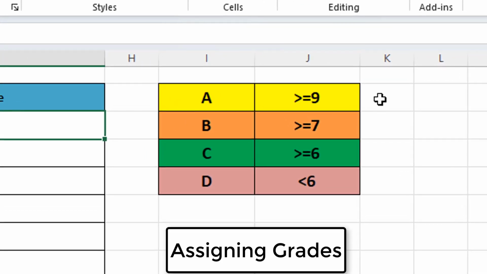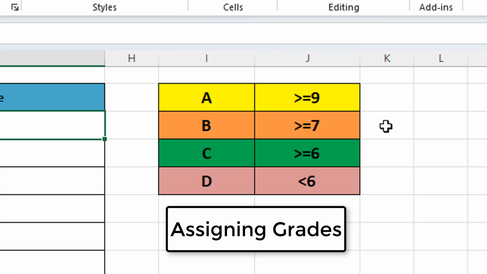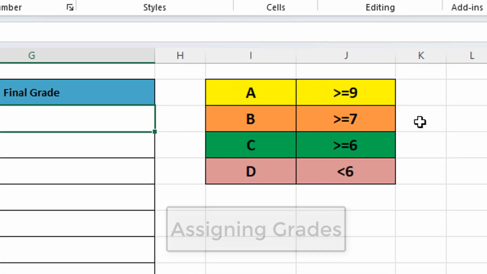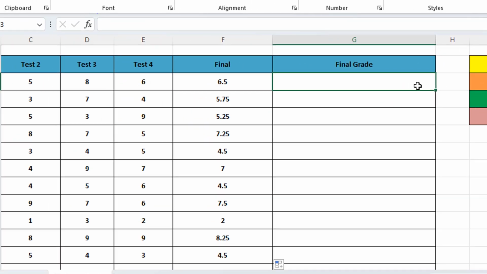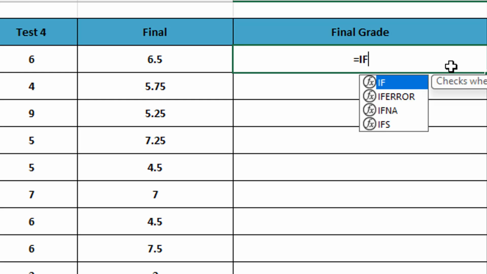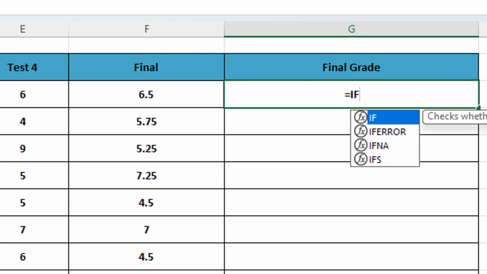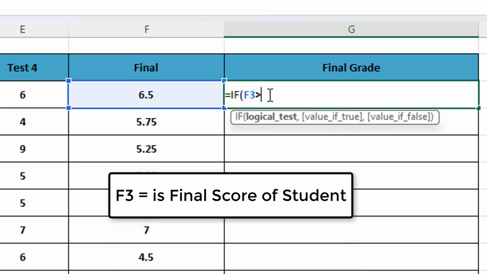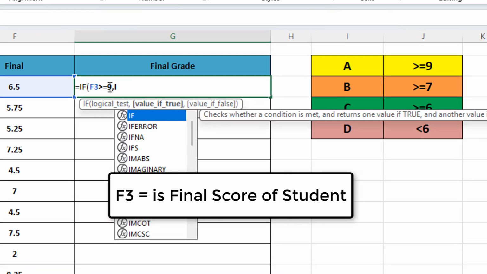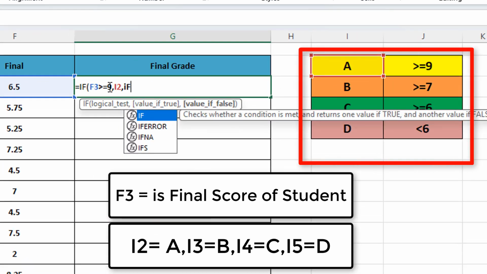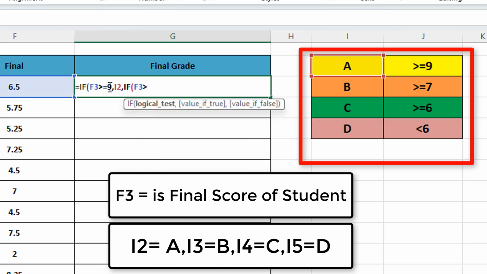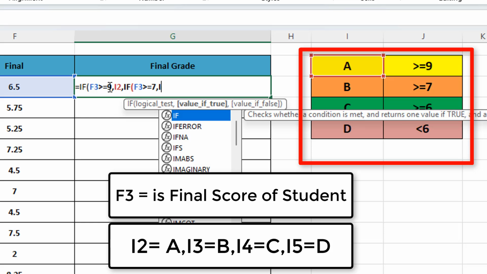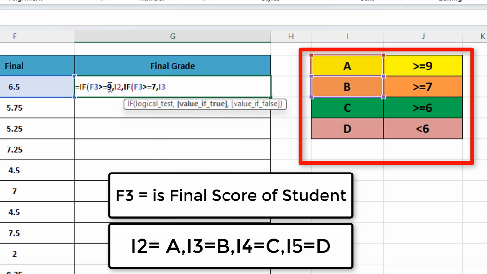Manually assigning grades? No way. Let's use Excel to do it automatically. Here is the formula for this. Type is equal to IF, in the bracket select F3, which is our average score of each student, greater than or equal to 9, comma I2, comma, again IF function we will use here, in the bracket F3 greater than or equal to 7, I3,